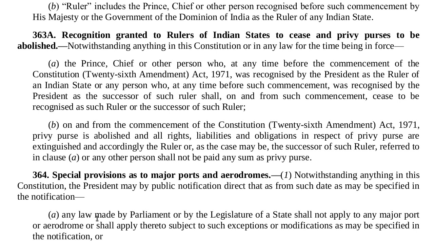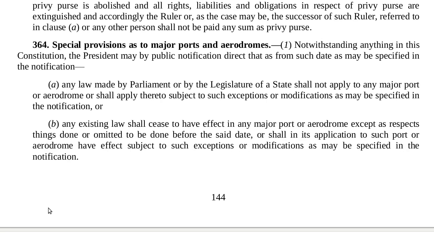Notwithstanding anything in this Constitution, the President may by public notification direct that as from such date as may be specified in the notification, (a) any law made by Parliament or the legislature of a state shall not apply to any major port or aerodrome or shall apply thereto subject to such exceptions or modifications as may be specified in the notification;